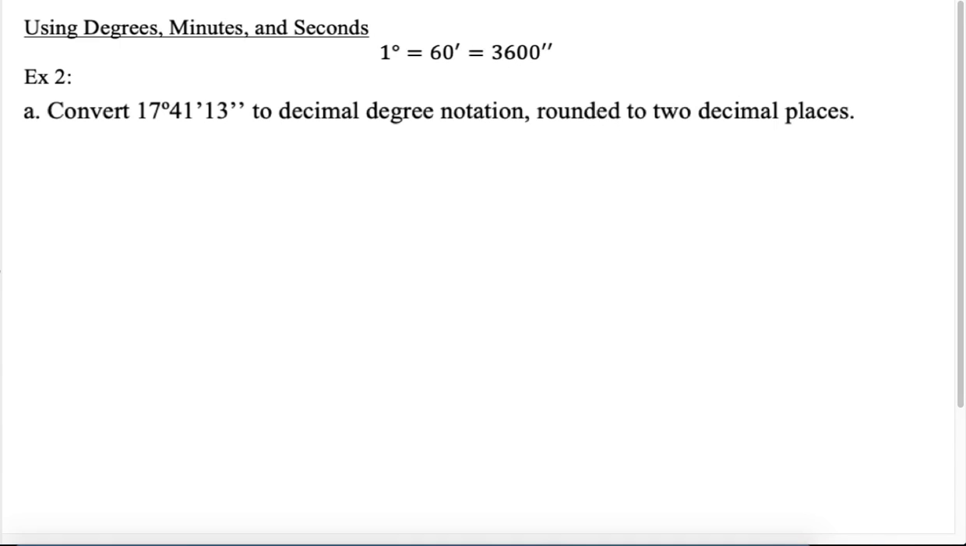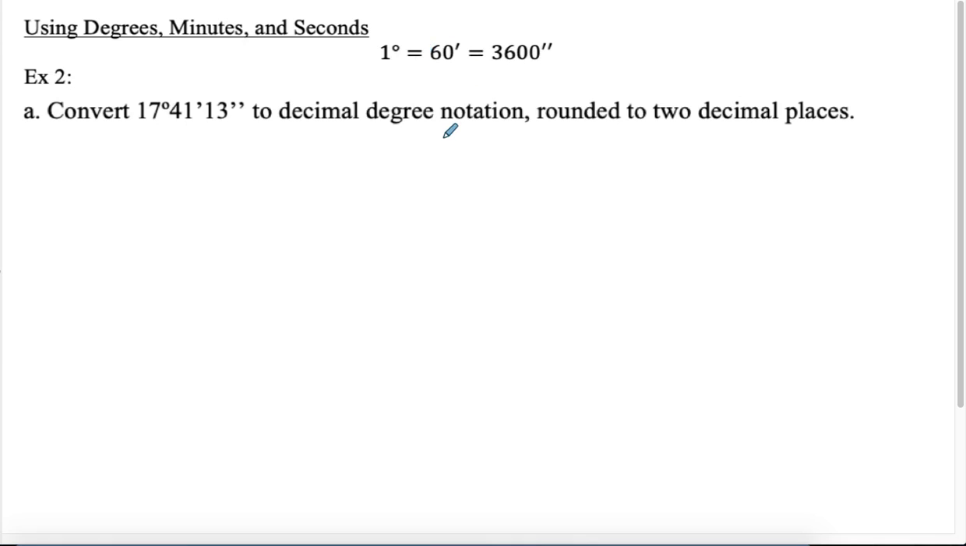So the next thing is to talk about using degrees, minutes, and seconds, all right? Traditionally, this is how degrees were used, okay? Instead of using a decimal, we would say, how many degrees, minutes, and seconds. So if I want to convert something like this, 17 degrees, 41 minutes, 13 seconds to decimal degree notation, right? If I want to put that into 17 point something degrees, what I want to think about is, well, 1